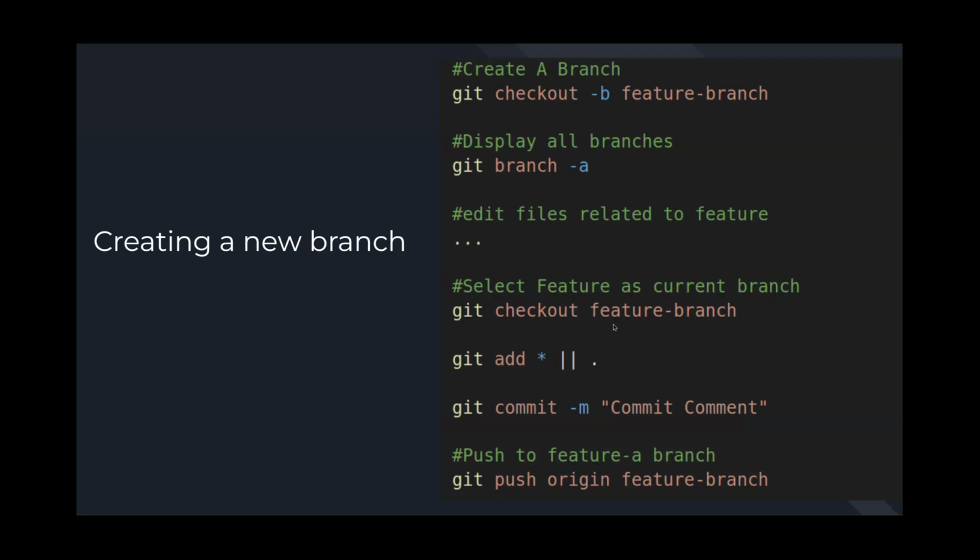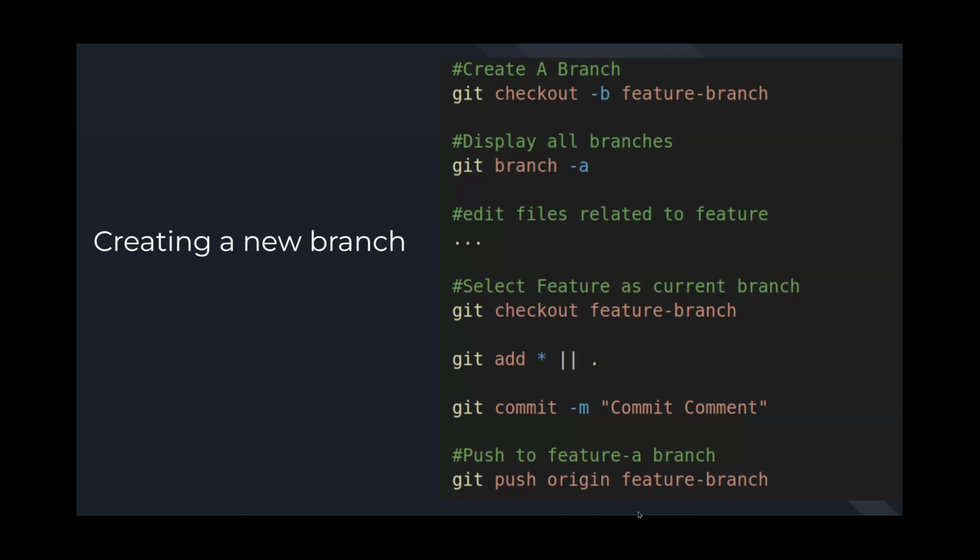So you want to make sure that you're in the correct branch. This would be your feature branch, your testing branch, wherever you're doing these new changes. You want to do the same git command of git add all, whether that's a star or a period, depending on if you have that git ignore file or how you would like to set that up. Git commit, the same exact thing here. You have to have a message, and that is what that -m there does. And then you want to do git push origin feature-branch.